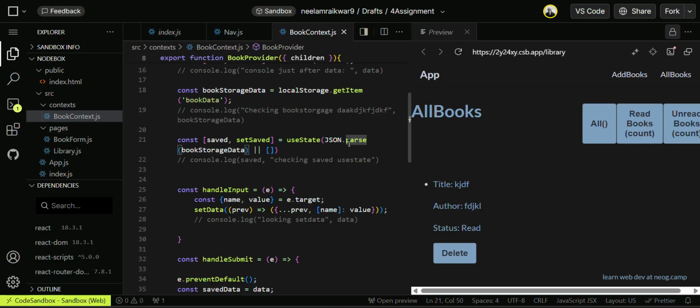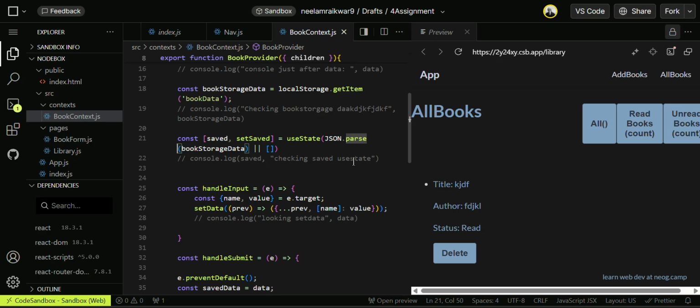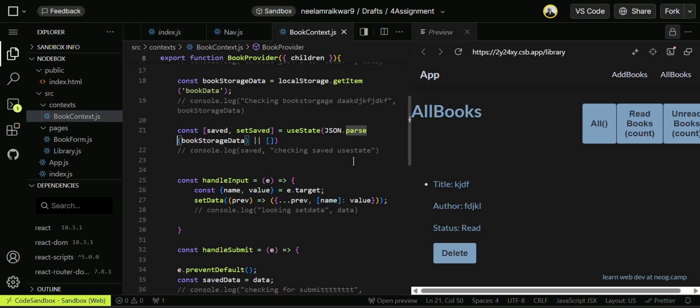So JSON.parse is used to convert string objects into an object. So when we store data in the local storage, we have to stringify it.